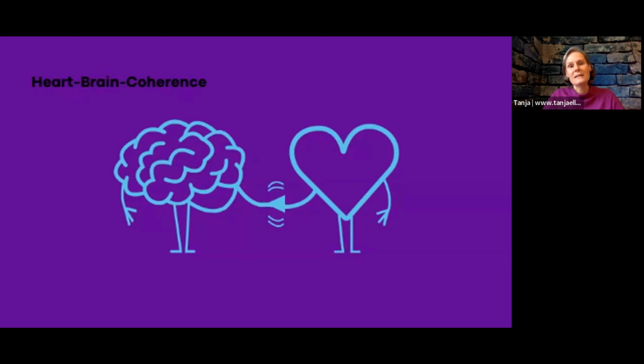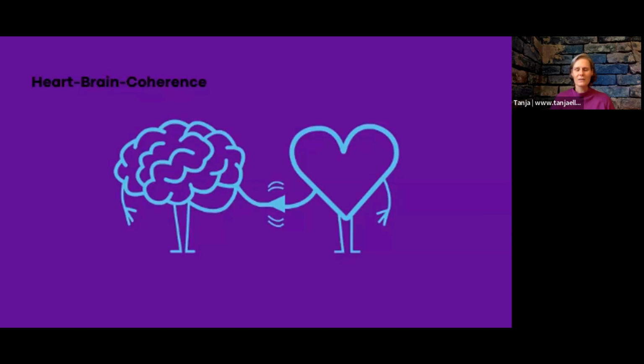What this meditation is about is that it synchronizes the brain and the heart by matching their frequencies. And the effect of that is very welcome, especially at the beginning of the class, because it will help you to feel more relaxed in your body. It will calm down your mind, and you will be more open and receptive to receive new information with ease. So if you're ready, let's do this, and make yourselves comfortable in your chair. Put your feet on the ground if you can. And if you are in a safe environment where it's safe for you to close your eyes, then you can close your eyes. And then first of all, notice your breath.